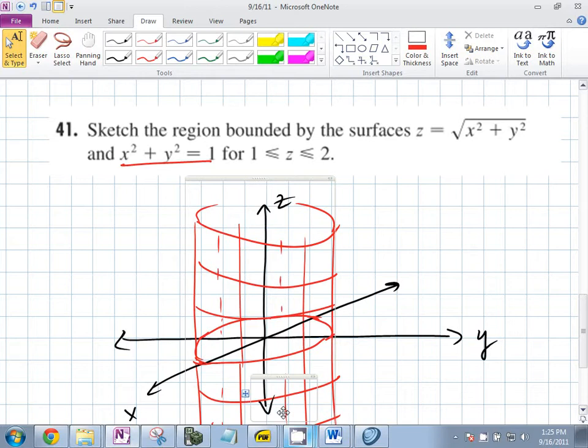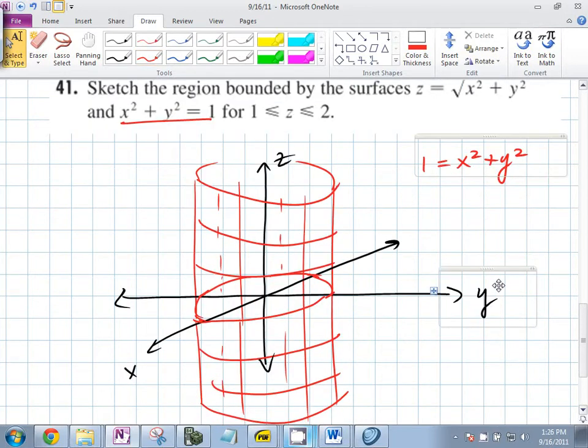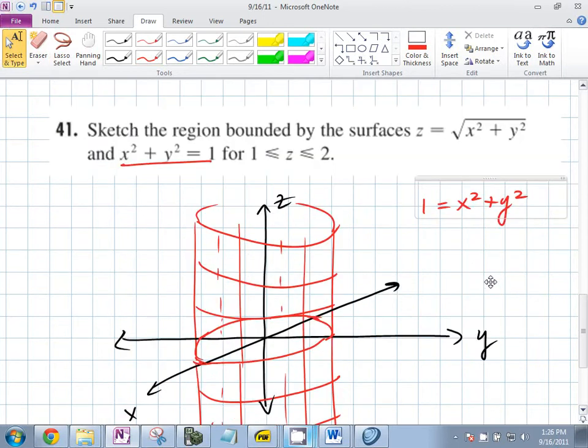So if I say it was 1, what does this look like? 1 is equal to the square root of x squared plus y squared. What is that? What shape is it? A half sphere. Really? Is it? Isn't it a circle? It's a circle, a circle with the radius